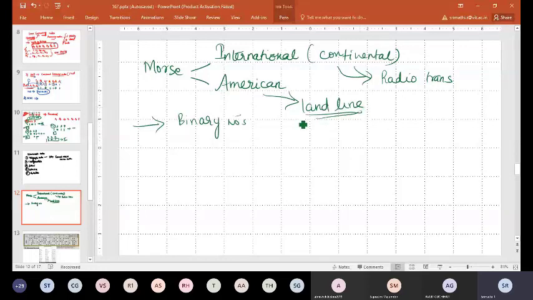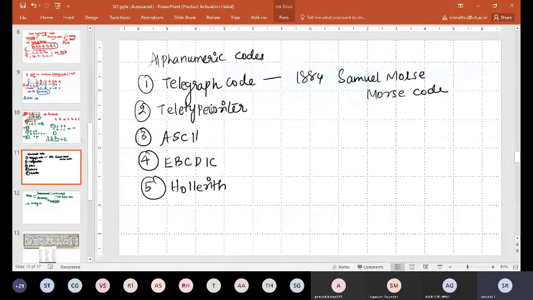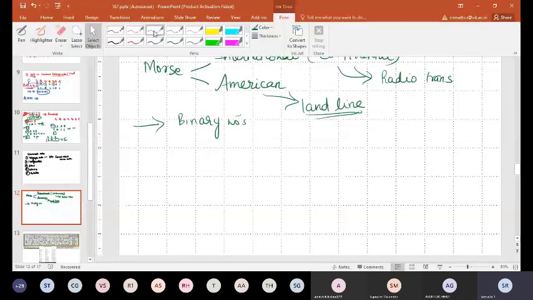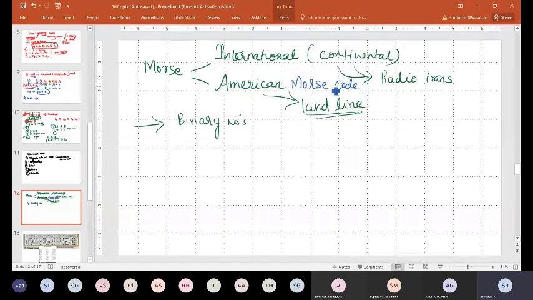They used American Morse code for transferring data in landline till teletypewriter code came, because this code is slightly complex when compared to the teletypewriter code.